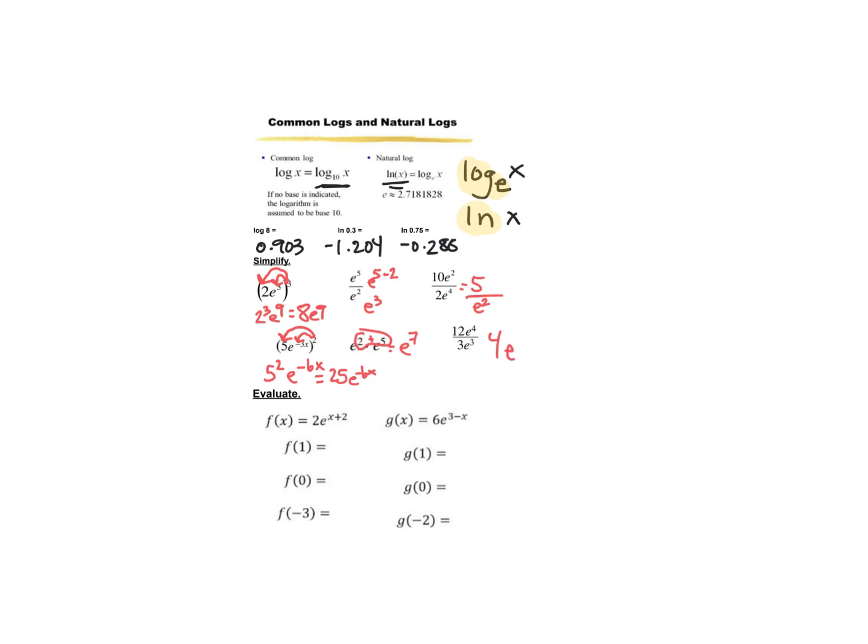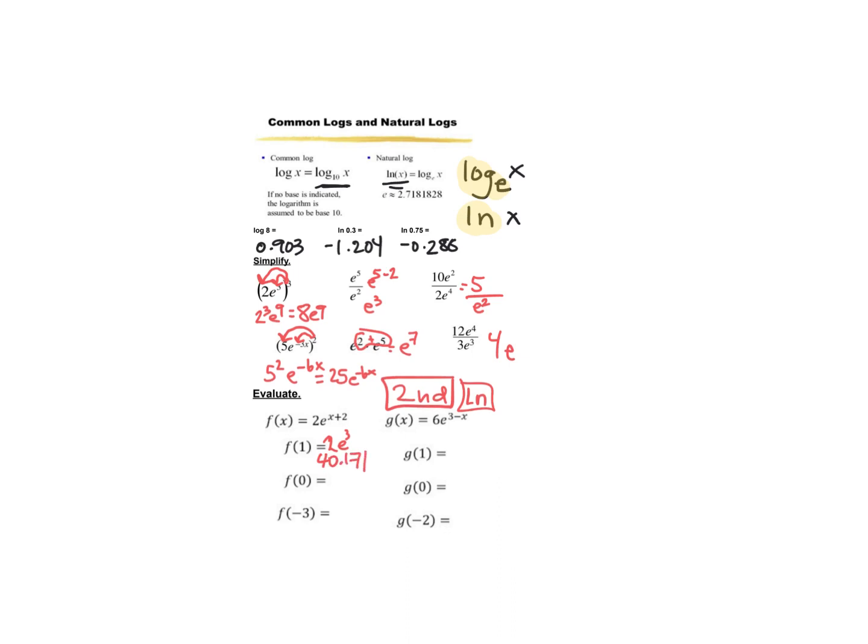Okay. If we're going to evaluate, this is now when we use our second ln button, because e is now being raised to the power of x plus 2. So for our first function, f of x, we're going to plug in 1. So for our x, we're going to have 2e to the third power. We're going to plug that into our calculator. We're going to hit second, second ln. That's what we do in our calculators here. And if we plug in second ln to the third power times 2, we get